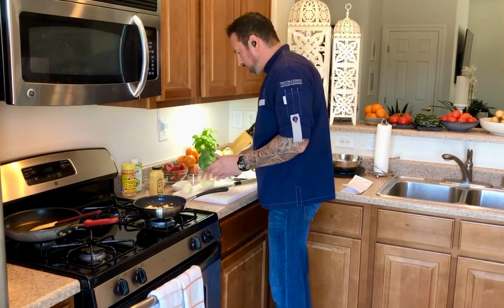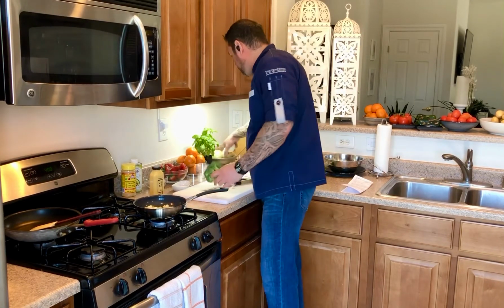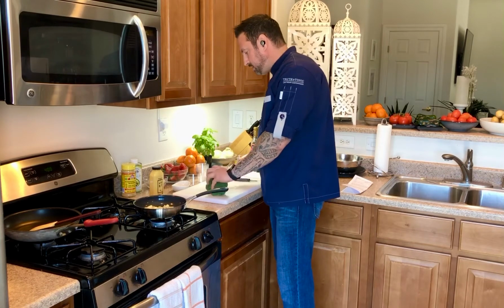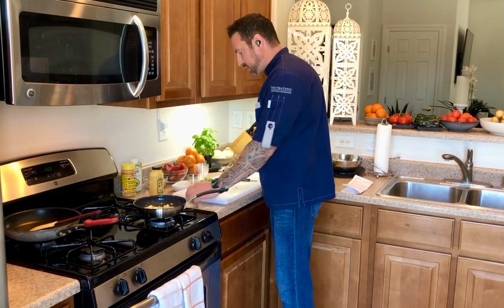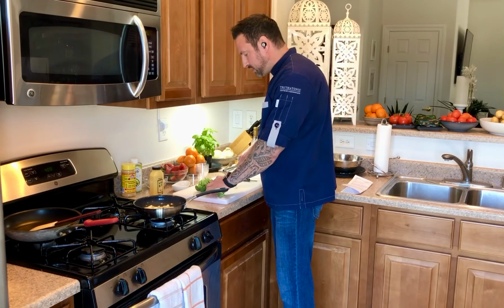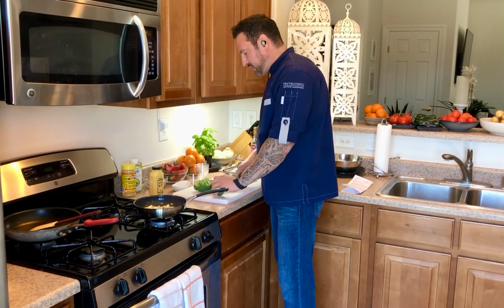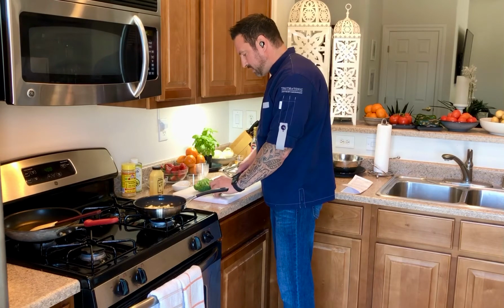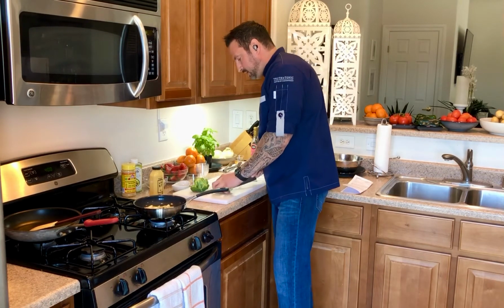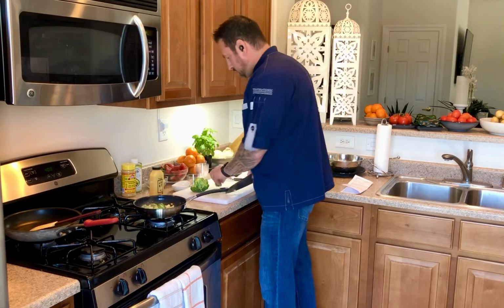Then we're going to take our broccoli. Now, with our broccoli, we're going to save the stem, because later on I'm going to show you another recipe that is going to be a great way to use that up so we're not wasting anything. So again, we're going to take the florets and we're going to cut them. Now the chlorophyll in the broccoli and the vitamins in the broccoli are going to be very healthy for us, and we're going to serve it in a fun way. Even the kids will enjoy it. So as we put on our broccoli there,